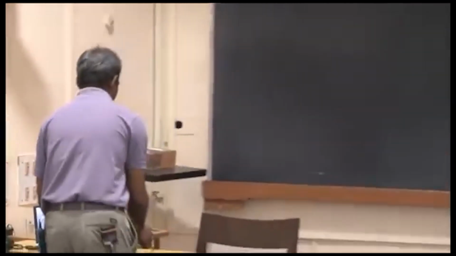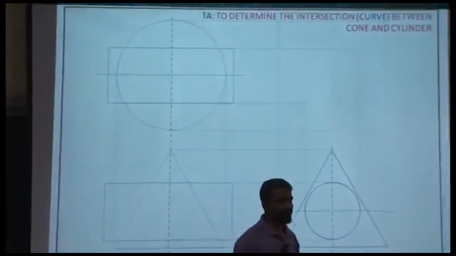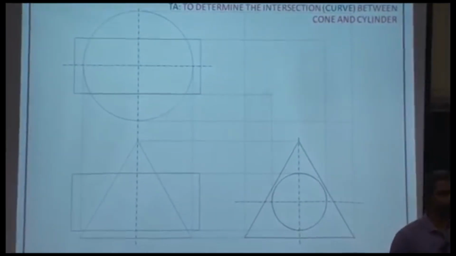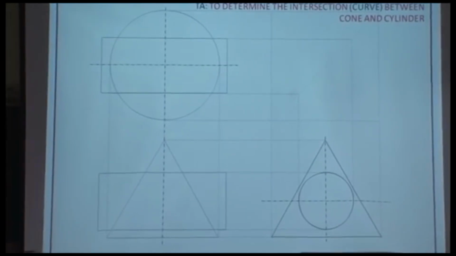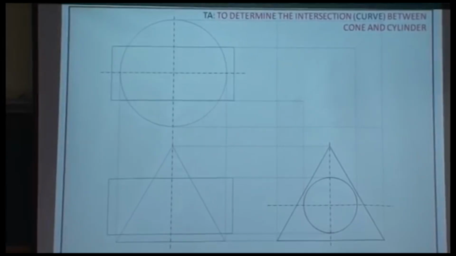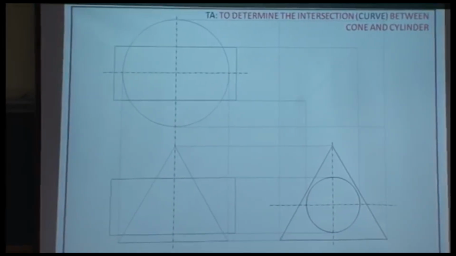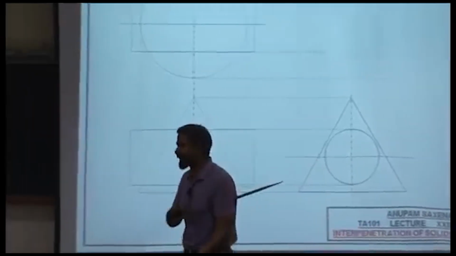An extension of this is what you're going to be possibly doing in TA 201 when you're working with sheet metal. So a cone is a developable surface, right? Is it? Yes or no? So is a cylinder. So you can actually cut the cone out and spread it out on a plane. How's that going to look? It's going to look like a big sector. Likewise, a cylinder, you can cut it out and lay it out on a plane, and it's going to look like a rectangle. So first things first,